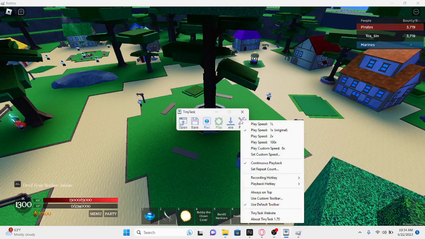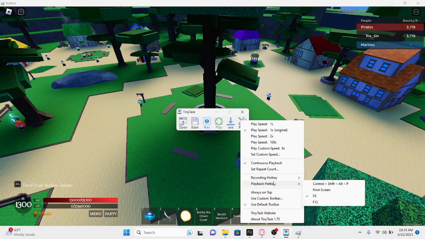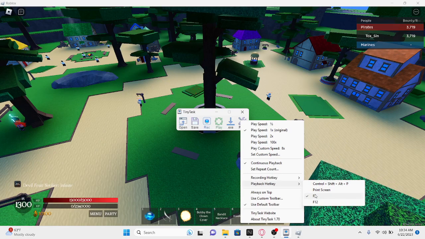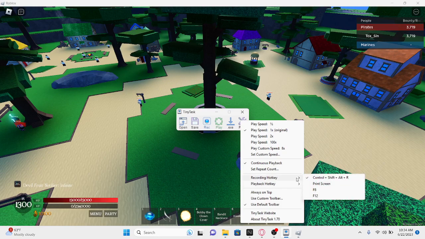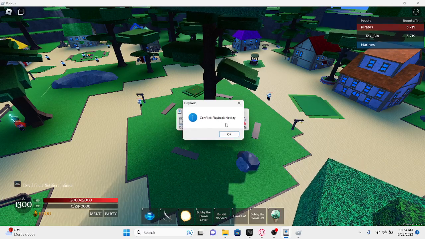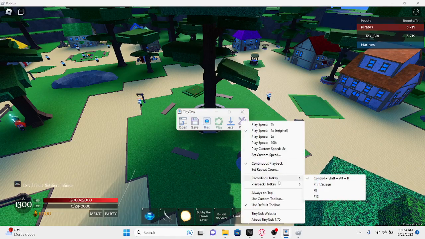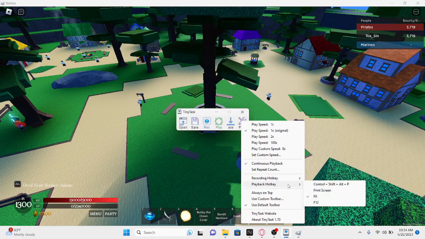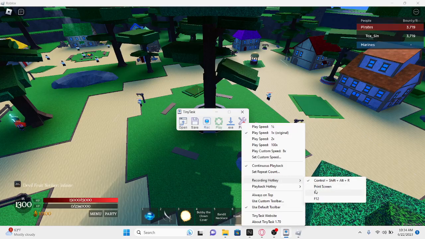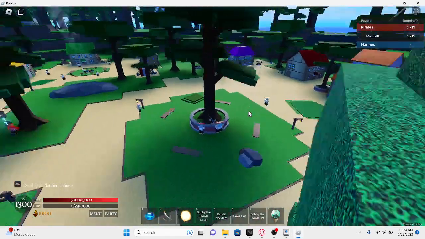Now we'll open up Tiny Tax again. You hover over recording. Well, you want to remove F8. So you can't put F8 for both recording and hotkey. The reason why is, as you can see, there's a conflict because you can't put two keys to one usage. So I just remove it, go to record, click F8, move my screen a little bit,